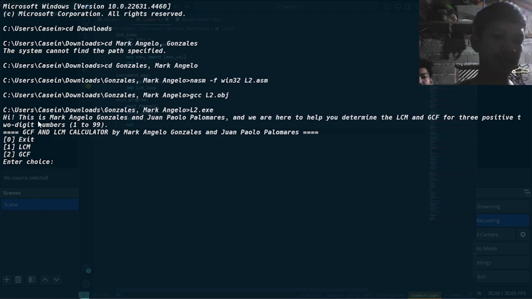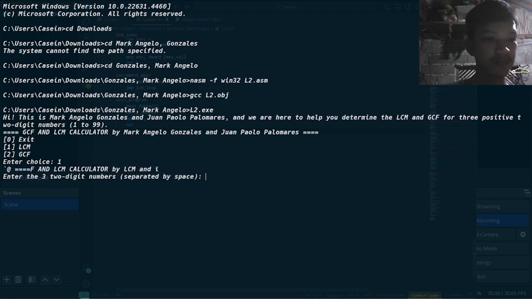To begin, there are three options: exit, LCM, and GCF. Now let's enter the number one choice, which is the LCM, and enter the three two-digit numbers separated by space.